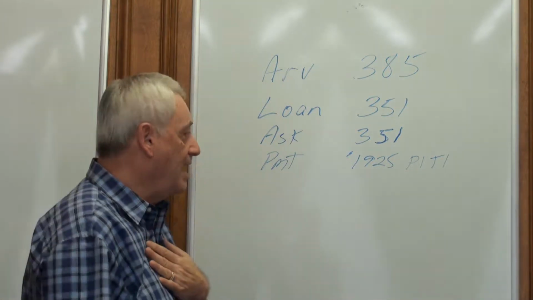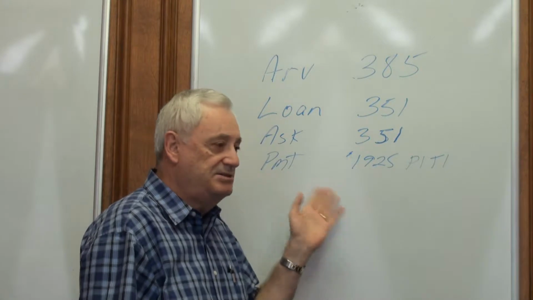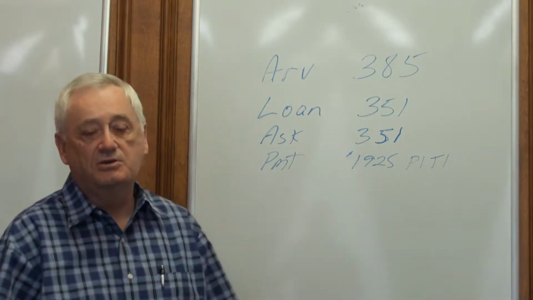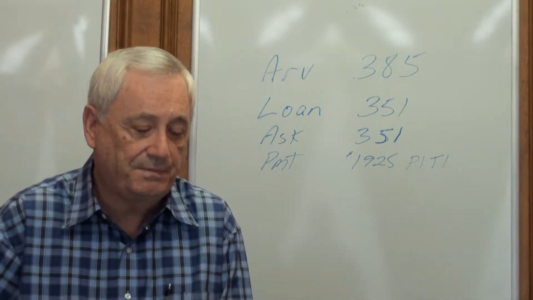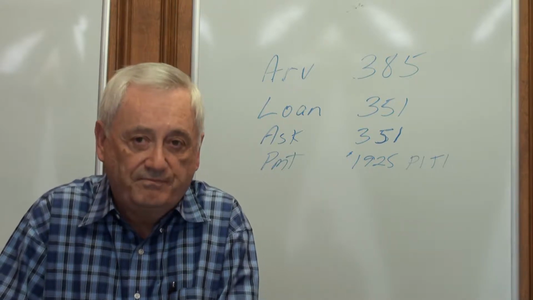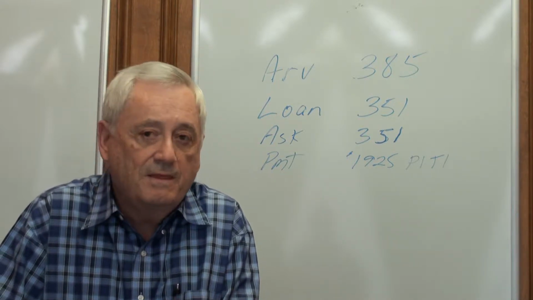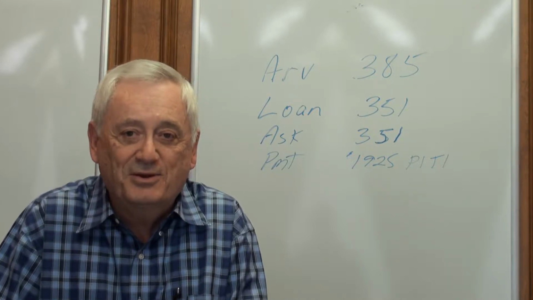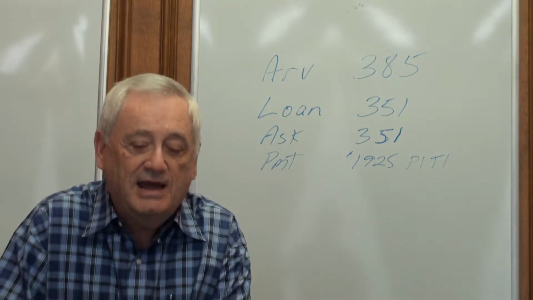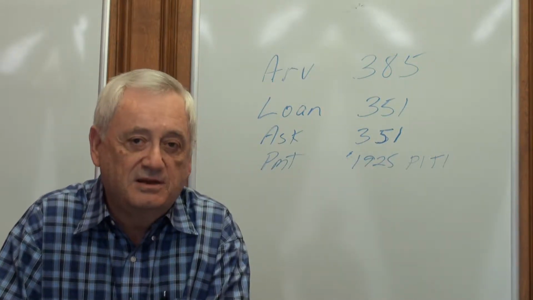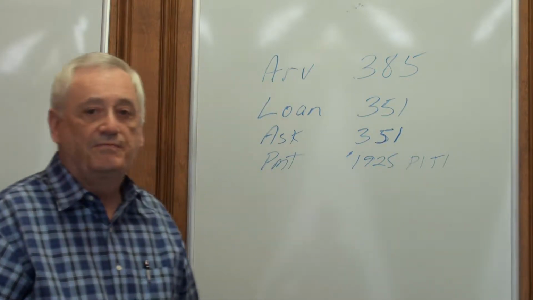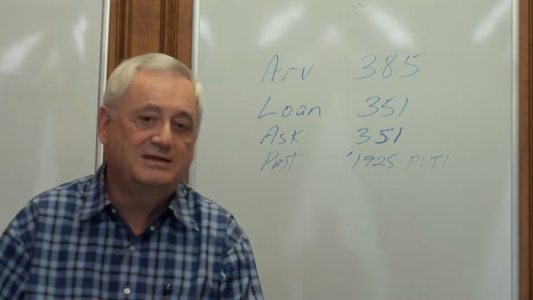Now I can tell you honestly that he would have gladly just deeded the house to me and walked off and allowed me to take over that loan, subject to, if I would have let him. However, I knew that it was not in his best interest to do that, and here's why. This was a nice couple. I mean, they're still alive, they're still around, but they are a nice couple. And he had a VA loan, and I knew within the next 2 or 3 years that he was going to want to go qualify to buy another house, and because he moved to St. Louis, he told me it was going to be a while, but in the future he intended to.